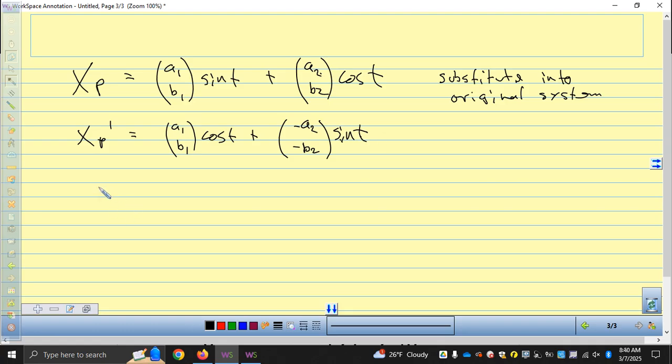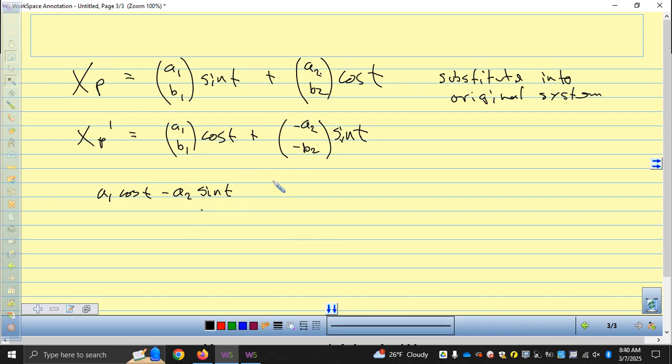So our derivative, a1, b1 cosine t plus negative... I'm going to write it like this. I'm going to write it in rows rather than as matrices. So we get a1 cosine t minus a2 sine t,